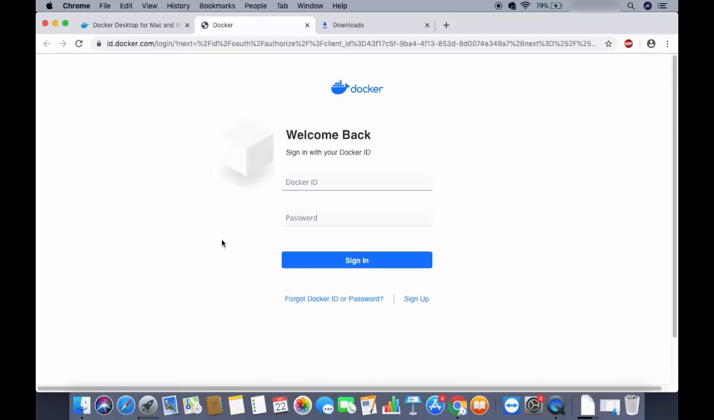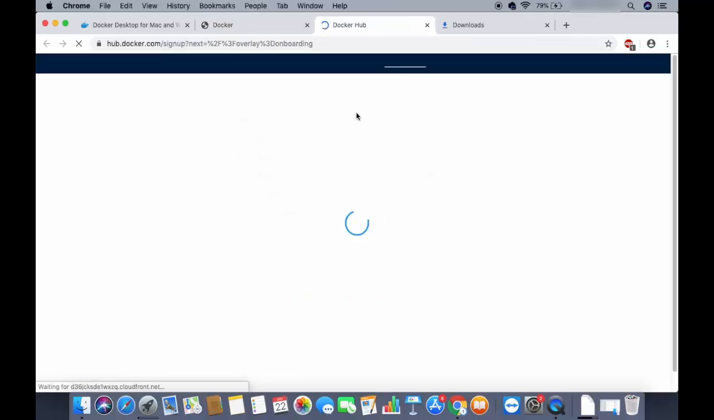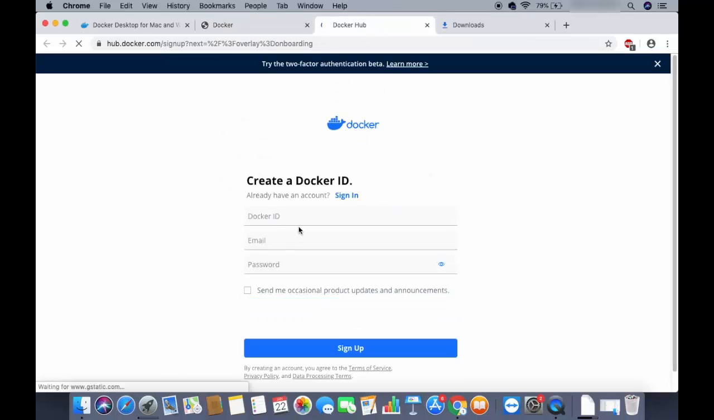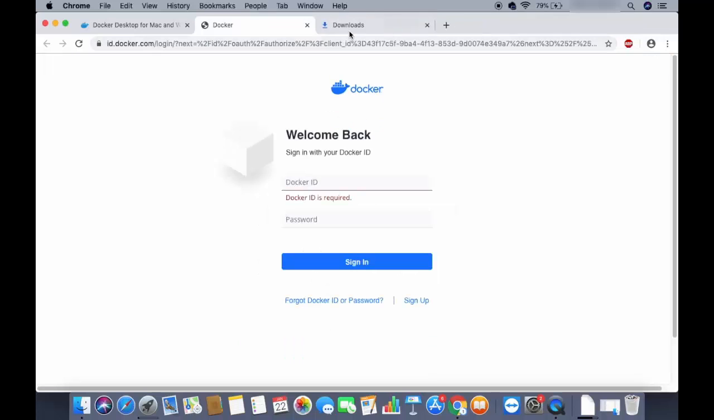Now, in order to download the Docker binary, you need to have a Docker account. So if you haven't created a Docker account, you can just click on this sign up link here and fill in your basic details like Docker ID, email and password, and create your Docker ID and Docker account. And once you have your Docker ID and Docker account, you can just log in with your Docker account here